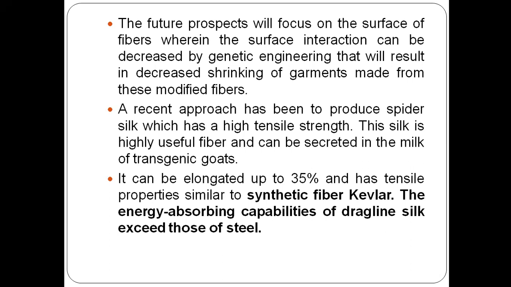Okay, and that which has a high tensile strength, so you can stretch it for a longer length. So the silk is a highly useful fiber and can be secreted in the milk of the transgenic goat. So this spider gene was transferred to the goats, and this gene was expressed in this transgenic goat's milk, and from the milk this protein is separated, and this is sprayed over the clothes or something, so that it provides the high tensile property to that. So it can be elongated up to 35% and has tensile properties similar to the synthetic fiber